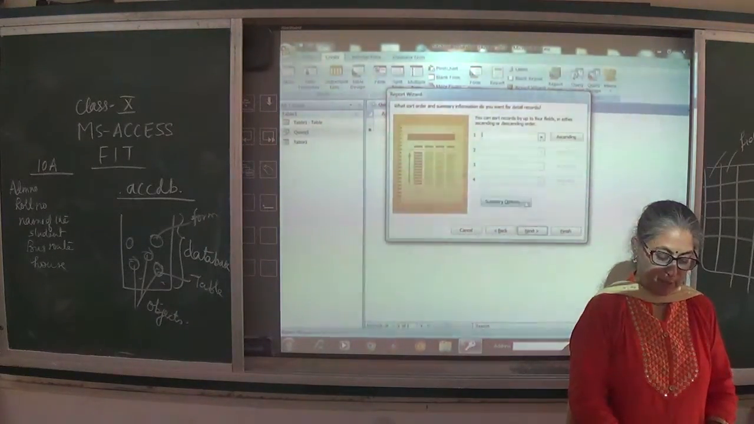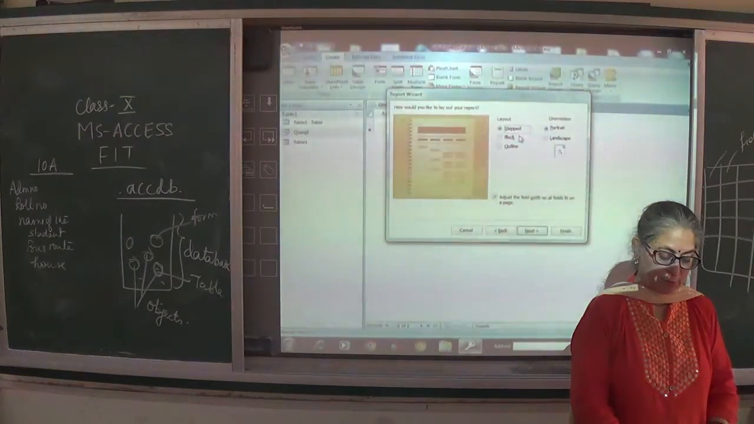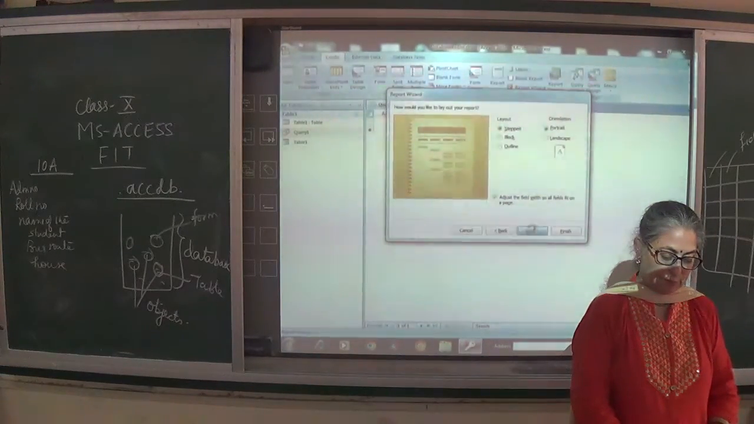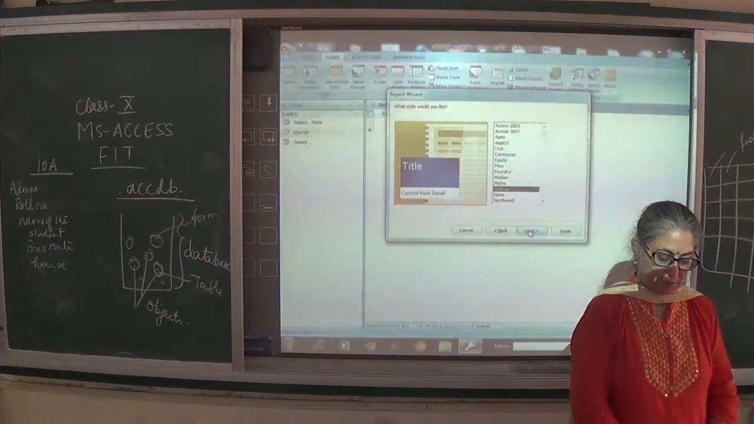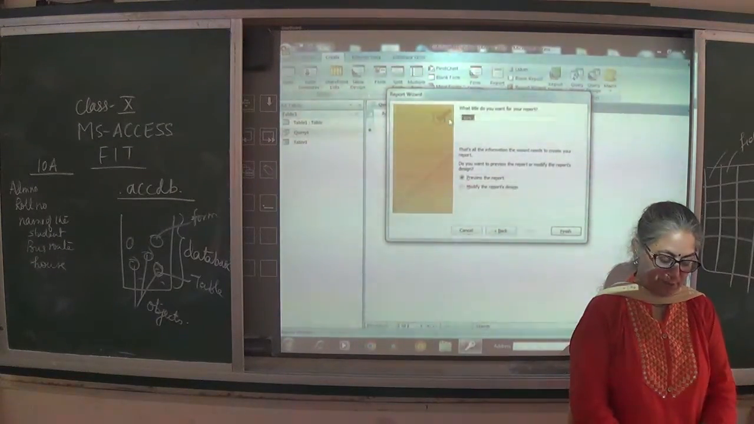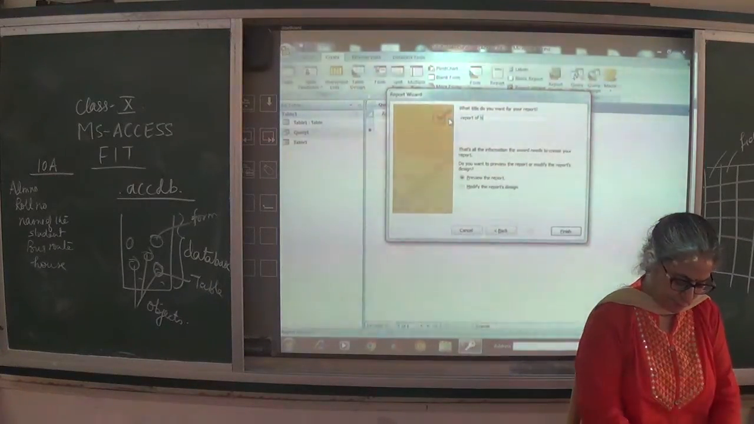I don't want to have a sorting done. Go to next. Portrait design. I don't want the landscape design, portrait. There are 3 types of layout: stepped, block or outline. Stepped is good enough. Go to next. There are various styles, let it be a module only. Give the name of the report, let's say a report of bus routes,